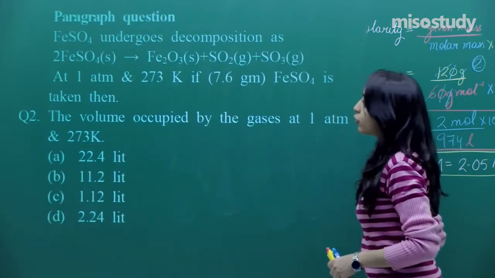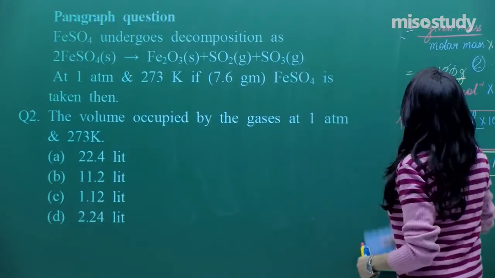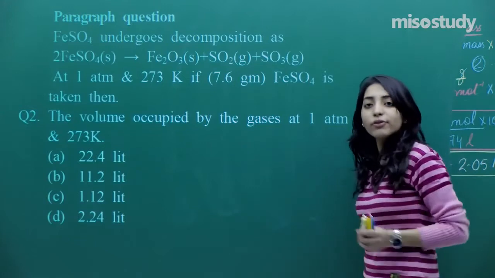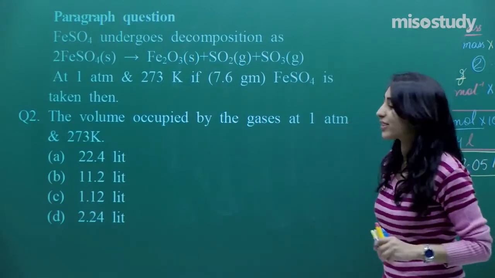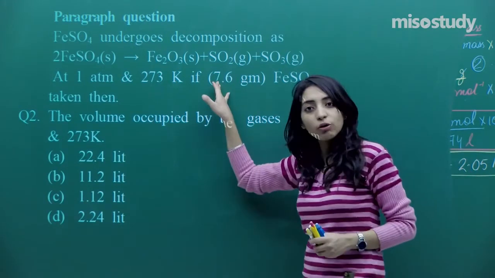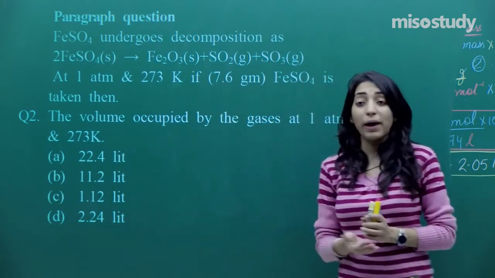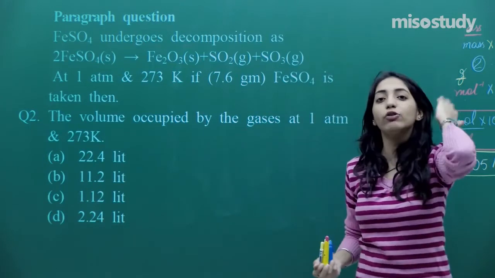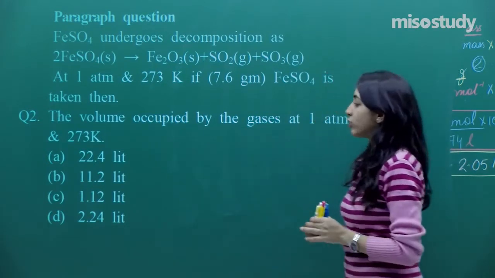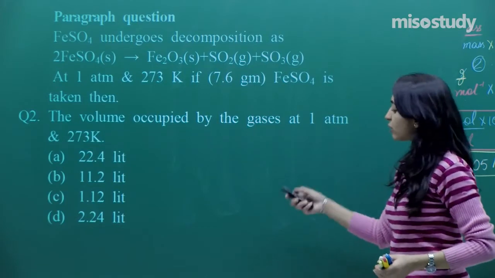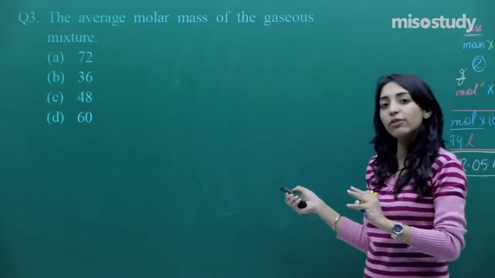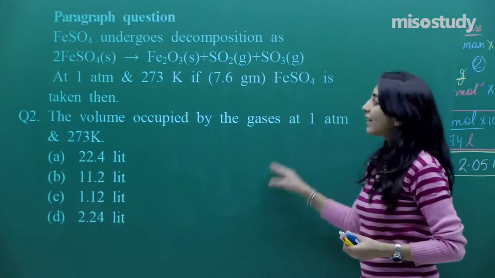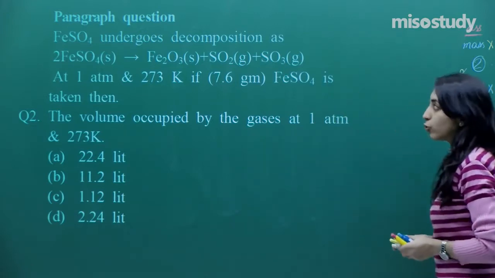And the question number 2 that is written here, it's a paragraph question, okay. So that's another kind of question, another category of questions which is asked in JEE Advanced. Like they will be giving you a paragraph. On the basis of that paragraph, there will be 2 questions or 3 questions followed, okay. And we need to answer those 2 or 3 questions. So I think in this particular case, question number 2 and question number 3, they will be a continuous question for this particular paragraph, okay. Let us directly come on to question number 2.